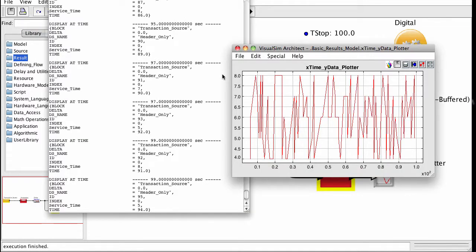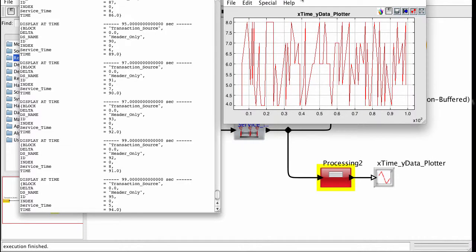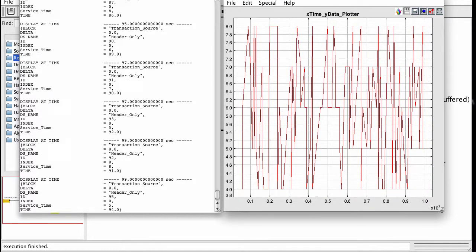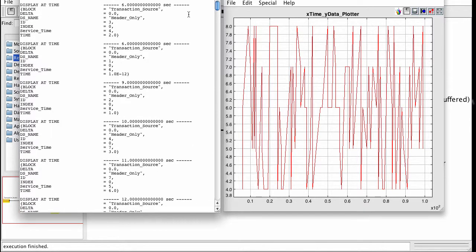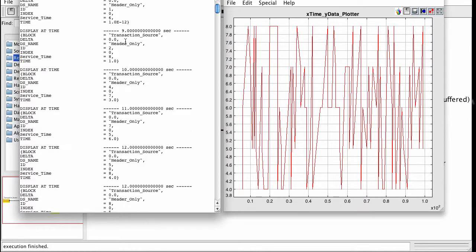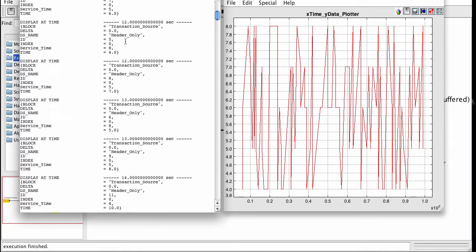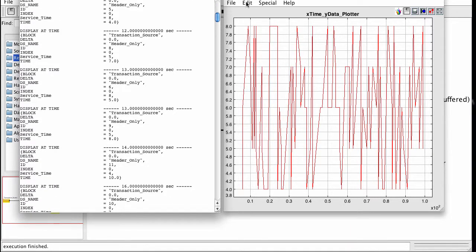When I run the simulation, there are two plots that come up as a result. The first plot on the left is the text display. Once again, this is outputting the raw transactions for viewing after the simulation has completed. The second plot is the latency plot, and the latency is in the form of a double. So we're looking at the time between the current simulation time of the output of the system minus the time